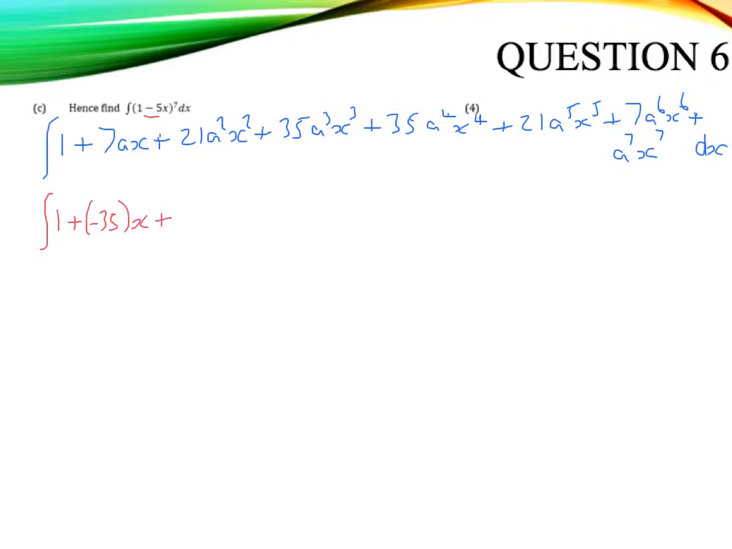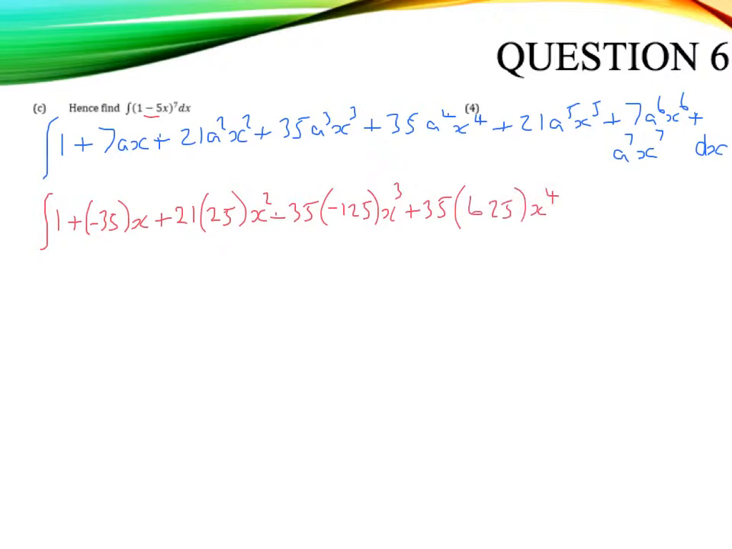Plus we've got 21, so minus 5 squared is 25x squared, plus 35, and minus 5 cubed is minus 125x cubed, plus 35, minus 5 to the 4 is 625